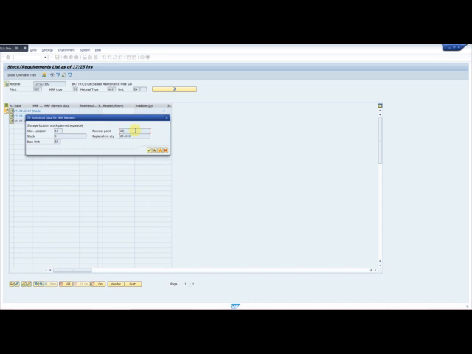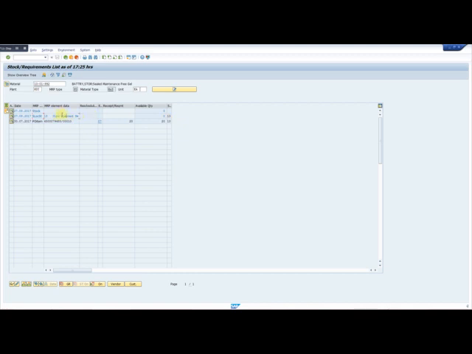We have defined the ROL and ROQ levels, reorder level and reorder quantity. When your quantity falls below the reorder level, a PR is automatically generated according to the quantity defined in the reorder quantity, the replenishment quantity. So this is how the system works automatically for the PD items, not for the ND items. ND items are procured on a one-time basis after getting management approval. So the first information we get from MD04 is this, and the other information is the procurement status.